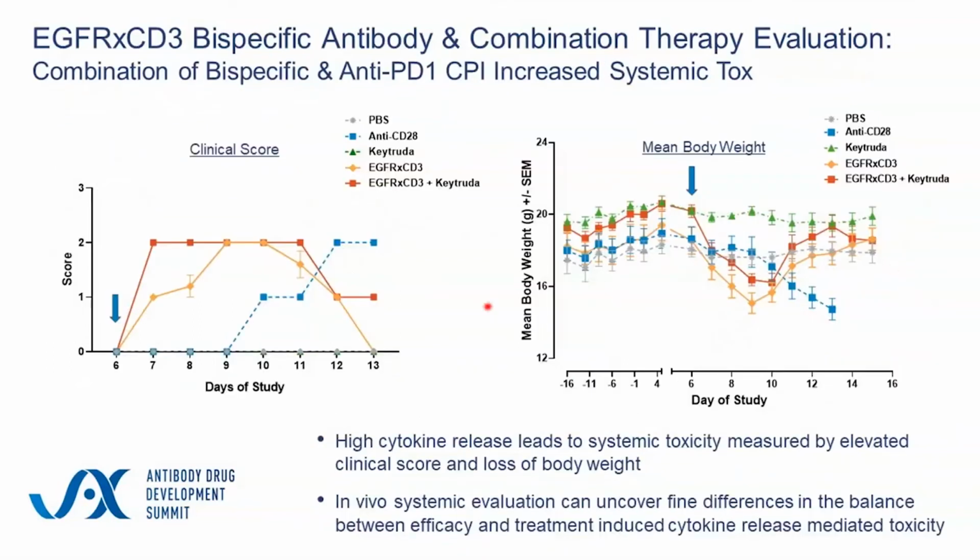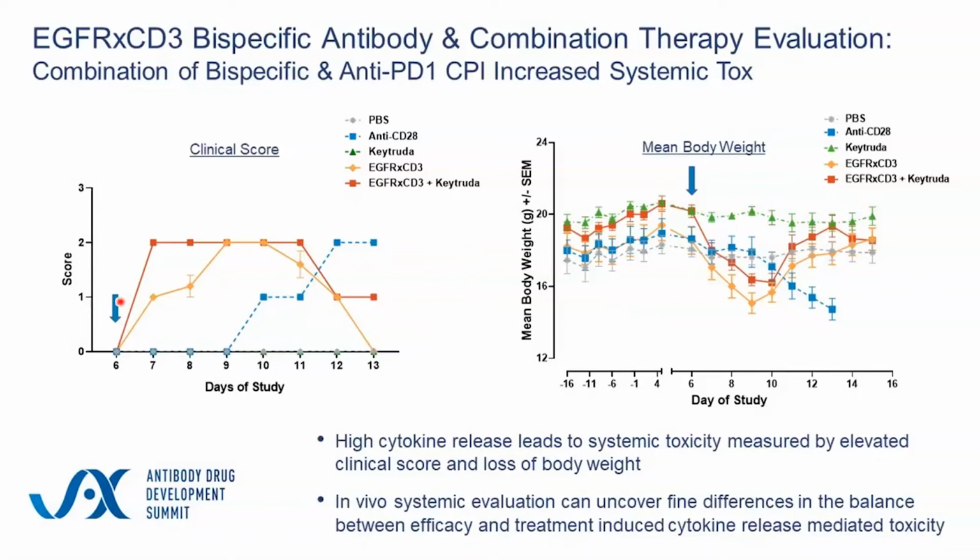Now, we could also include clinical scores and body weight to tell us more about what's going on here. So it didn't look like the addition of the checkpoint inhibitor really led to an increase of cytokine release, and it didn't really add to tumor clearance. But if we look at the clinical scores, those mice were really not doing better. The accelerated activation led to a decline in the health of the animals as indicated by accumulated clinical scores after